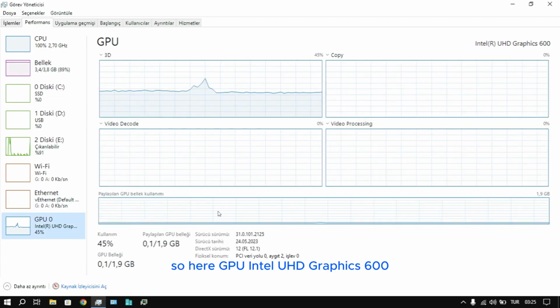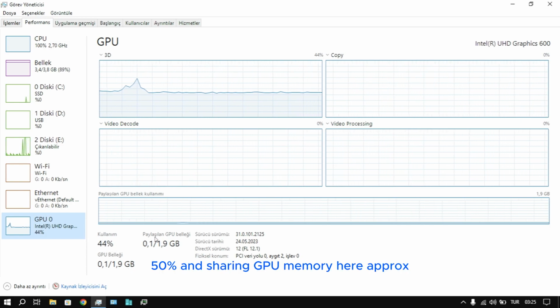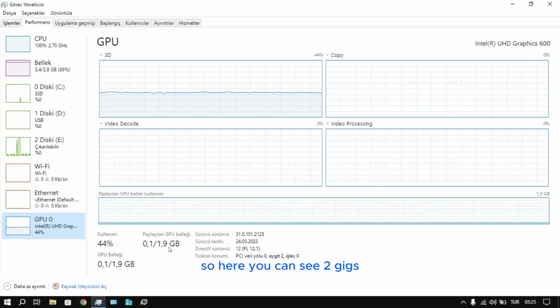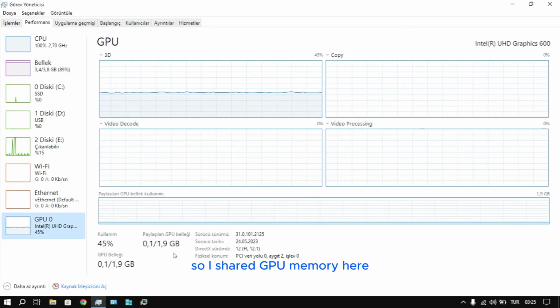Here, GPU, Intel UHD Graphics 600. As you can see, usage is approximately 50%, and shared GPU memory is approximately 2 gigabytes. Here you can see 2 gigs, so that's normal. My RAM is 4 gigs and the shared GPU memory is approximately 2 gigs. But